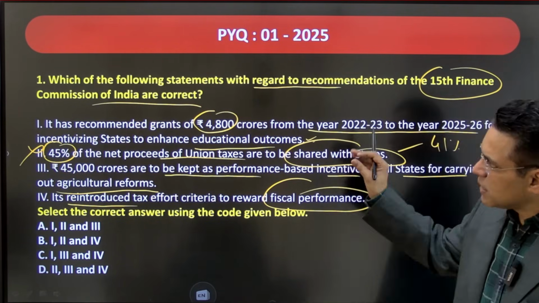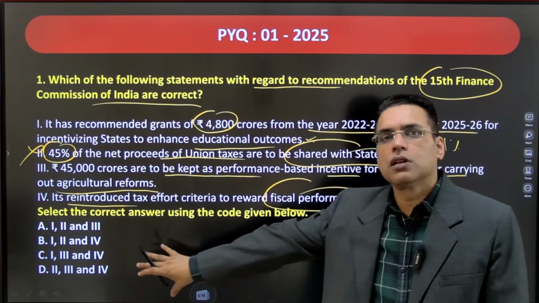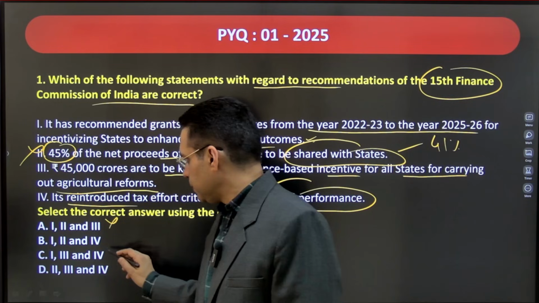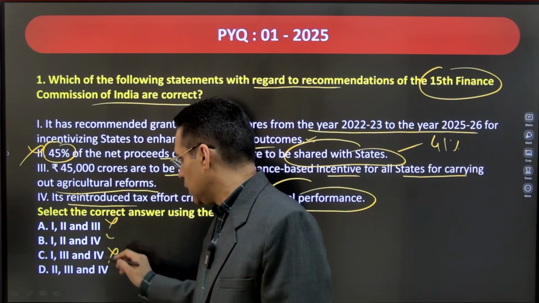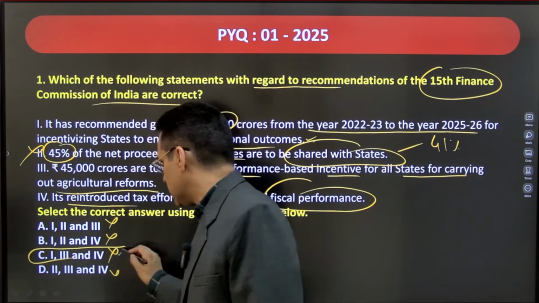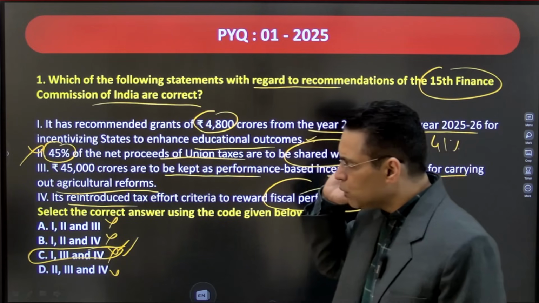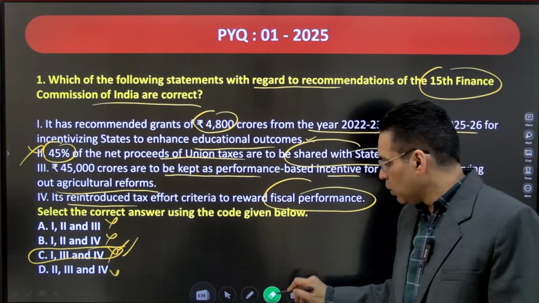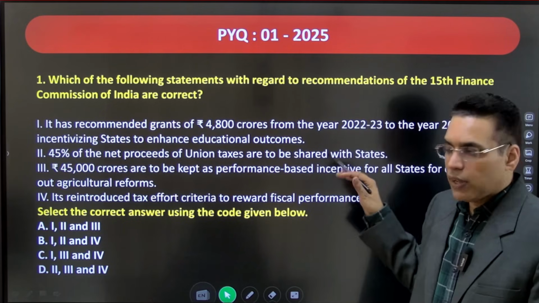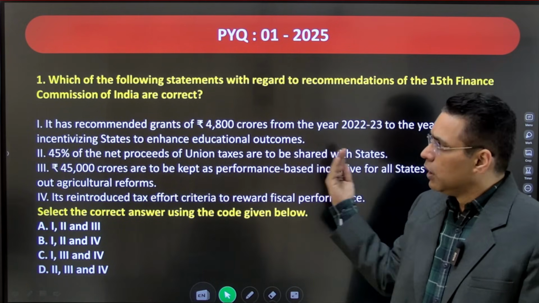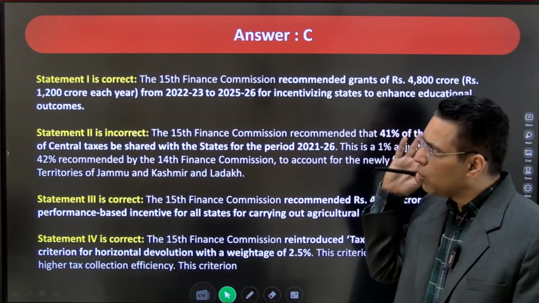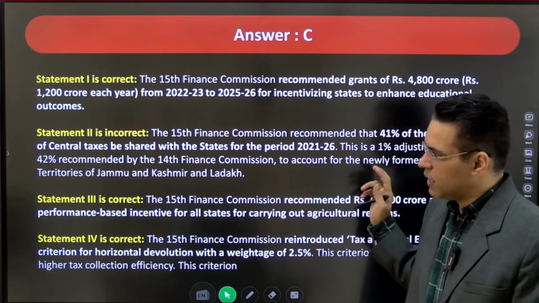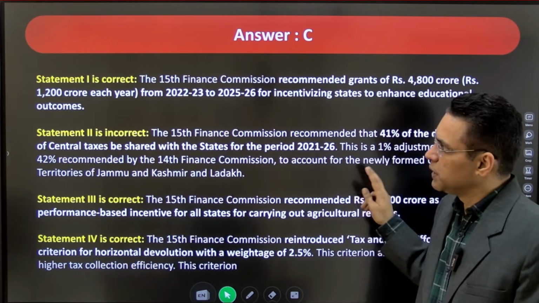But UPSC has made these statements complex, but the options are very easy. You eliminate 2 options. If you eliminate 2 options, C would be the answer. So we don't have to use our brain. Just eliminate one statement and you'll get the answer. Even though it might look like a very tough question in terms of a lot of data and facts, you can easily come to the conclusion. So this has been done just to check your understanding of how UPSC might ask questions. So very easily C is the answer. You can go through the solution. I'll share this PDF as well.